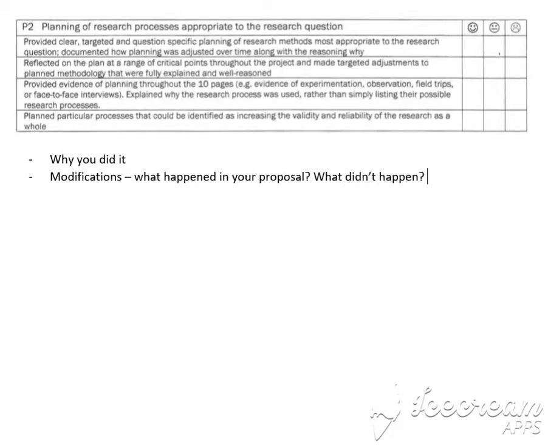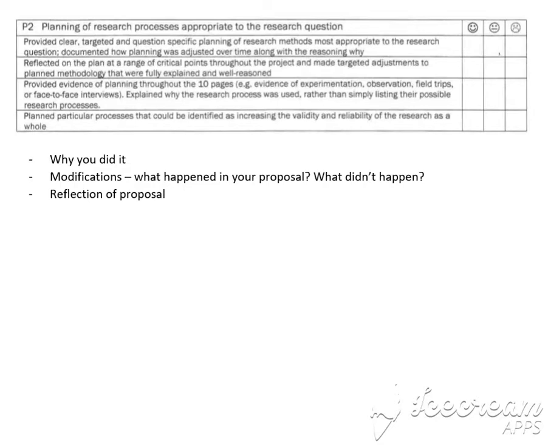And that can be something you chuck on your proposal as a little text box, you know, as a reflection, so that you can talk through, well, I said I was going to interview all these people, but none of them got back to me, so I had to come up with a new plan. I interviewed this person, they didn't actually turn out to be as informed as I thought. That kind of thinking is really important.